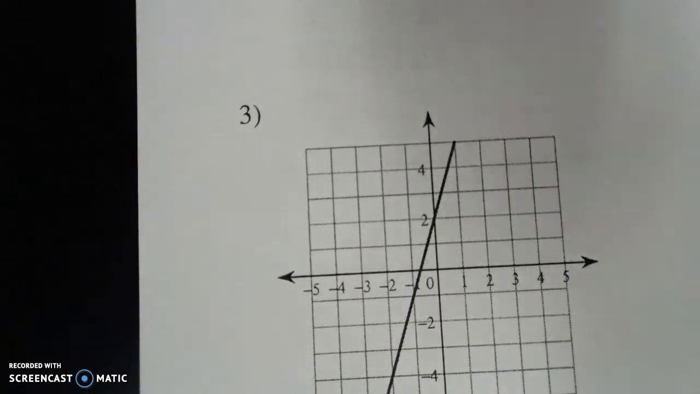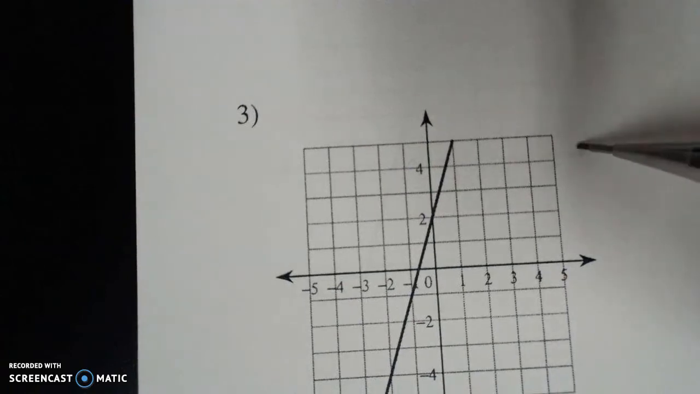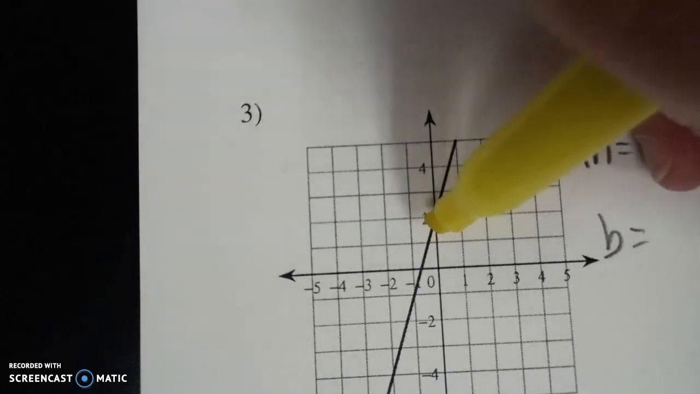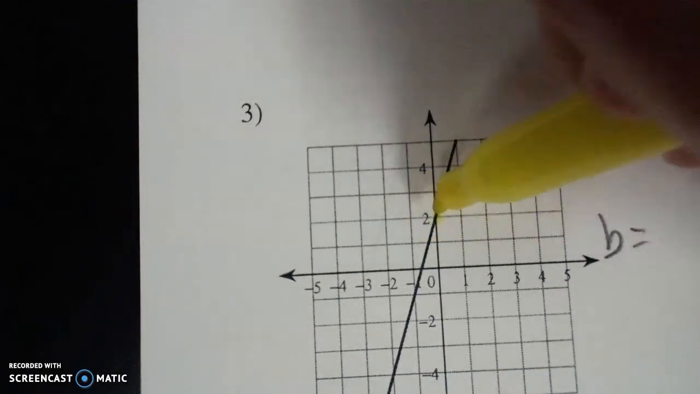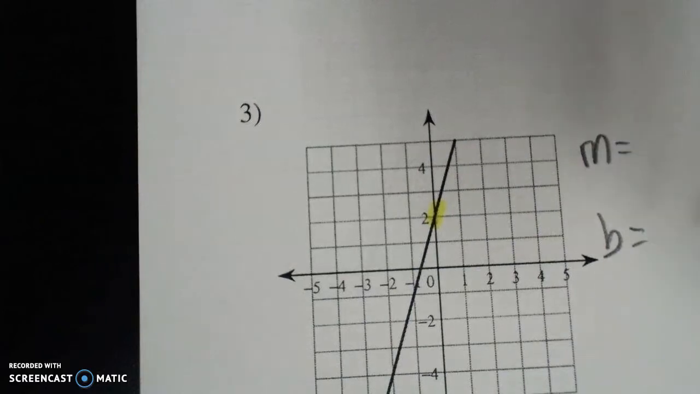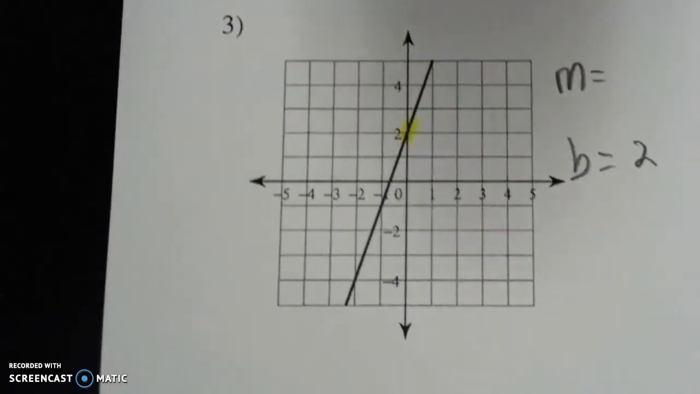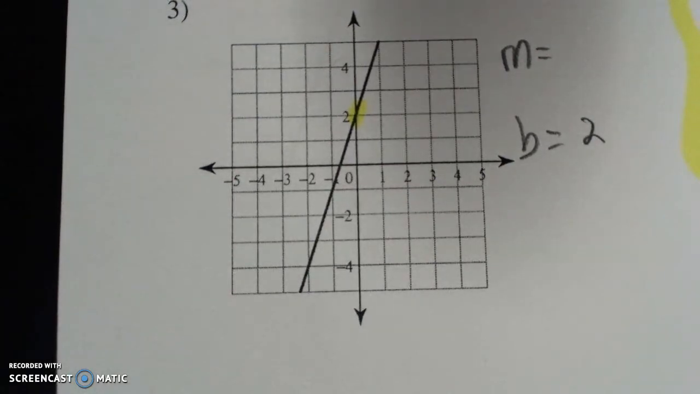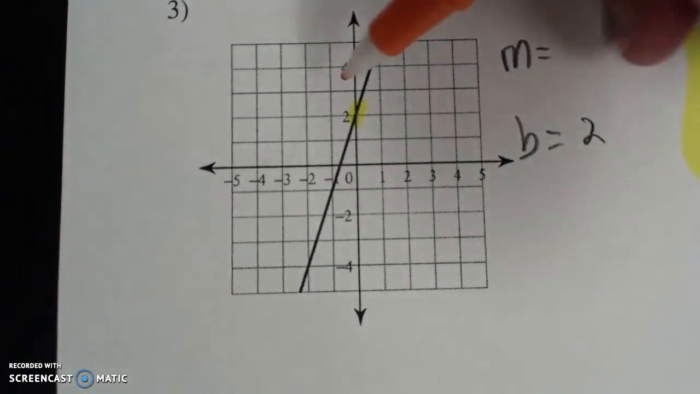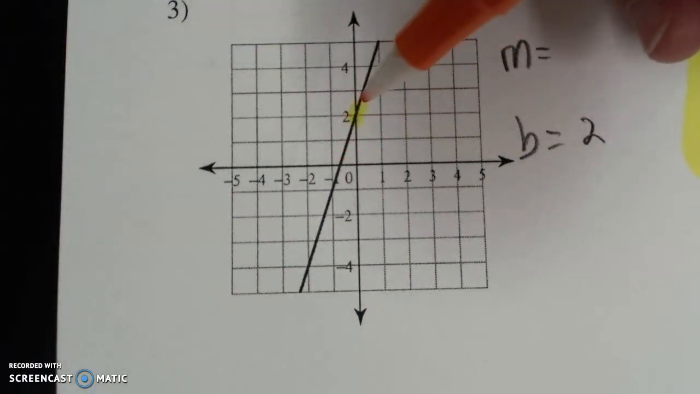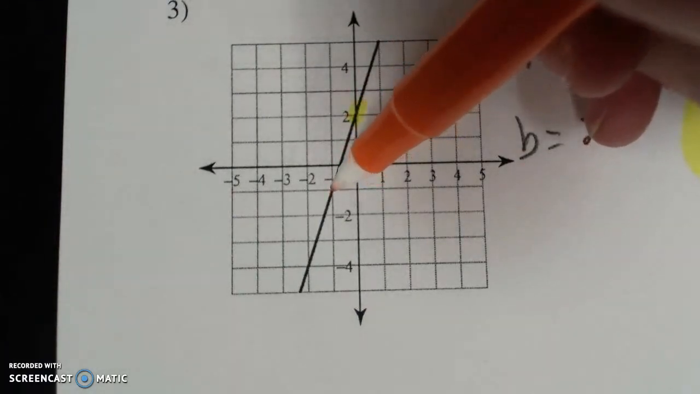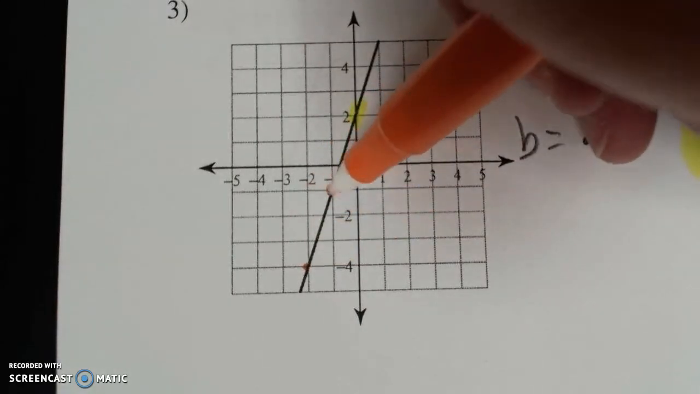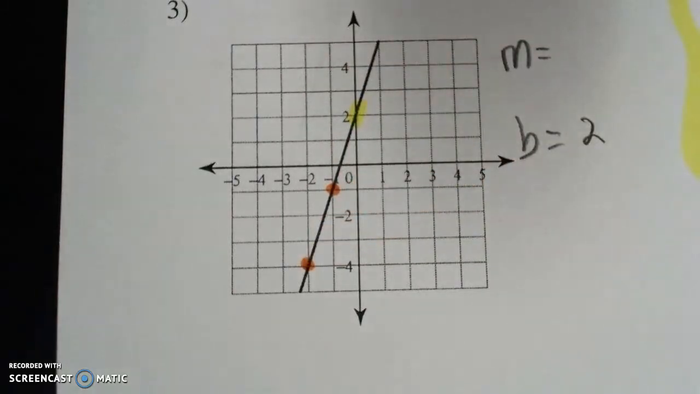Okay, so I'm going to find an M and a B. M and B. B is much easier to find, so I'm going to find it right there. That's where my line crosses the y-axis. That's why it's called the y-intercept. And then I'm going to find crosshairs, and I like this one and this one,